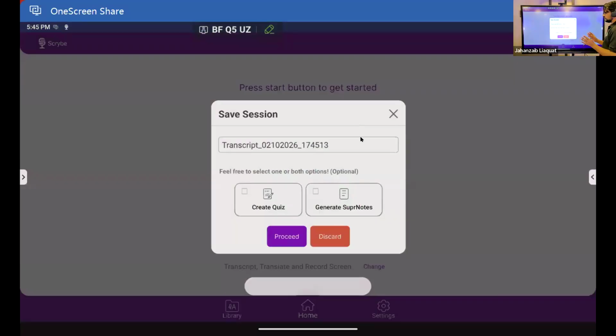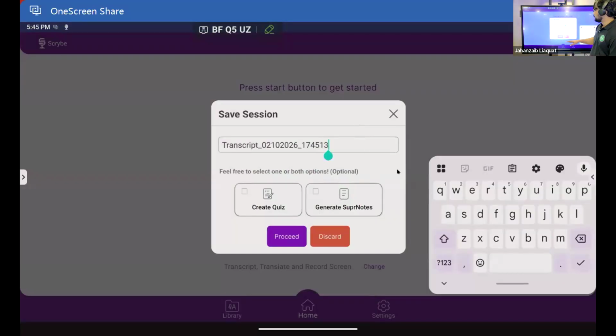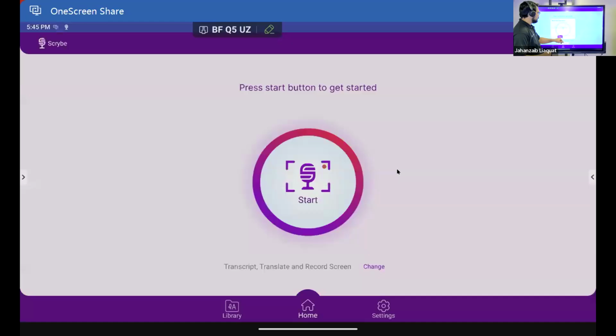Screen recording stop, session recorded. You can rename this if you want. Otherwise, the teacher has two different options. Create an instant quiz so that he can analyze the class progress, or generate the SuperNotes. And after that, once you have created the SuperNotes or the quiz, you can conduct the quiz. You can share the AI summaries with the students so that they can be helpful for the exams at the end of the term. Otherwise, you can proceed